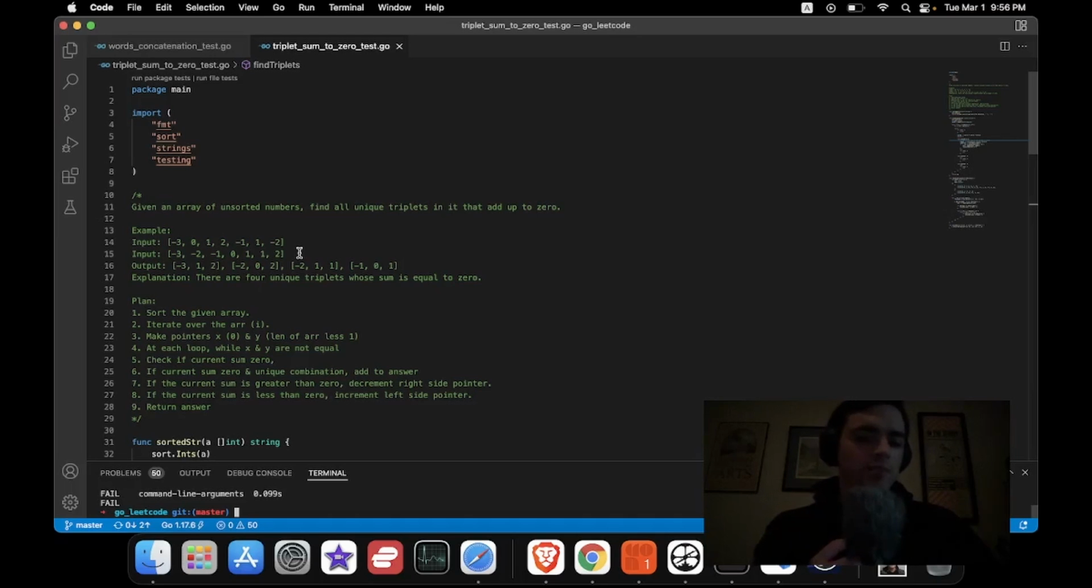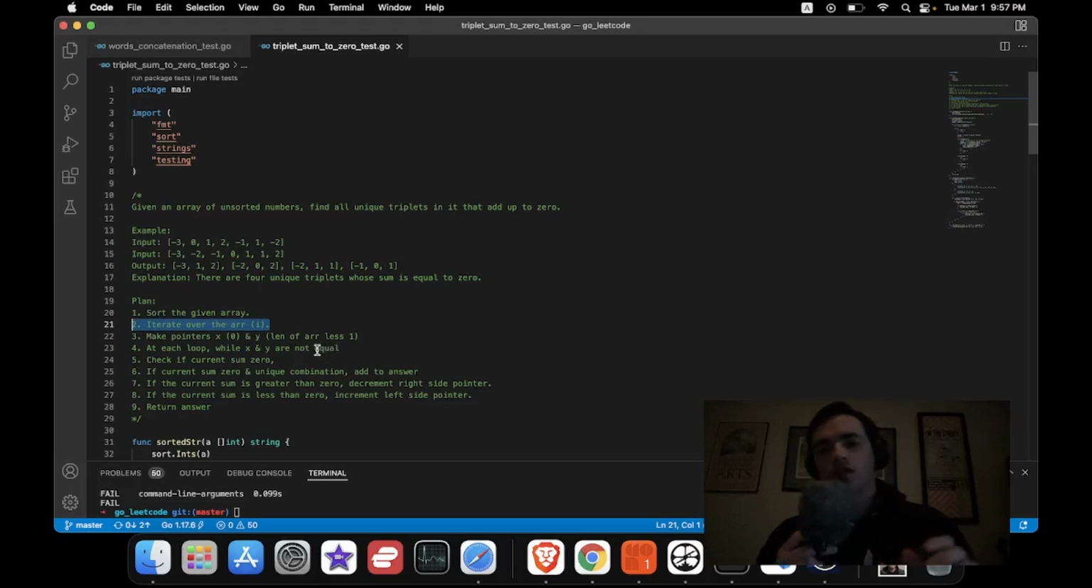So the plan is first to sort the array. Basically we can iterate through that array and then use the two-pointer technique at each iteration to find all the triplets that equal 0. So first we're going to sort the array, iterate over it with I, and then make 2 pointers, one at 0 starting at the beginning of the array and then one starting at the end. And then at each loop, we're going to loop until essentially the left and right pointer are equal. At that point we stop and continue iterating I,